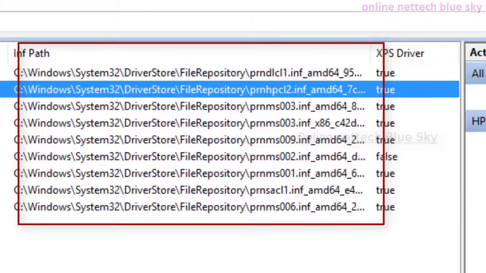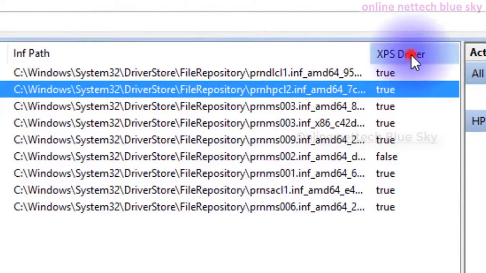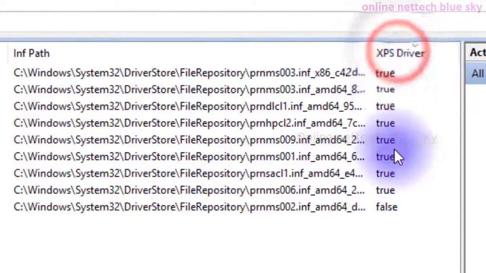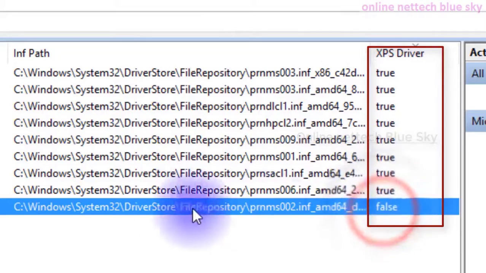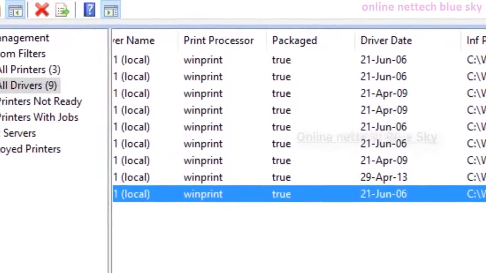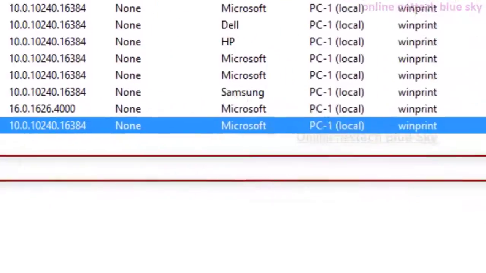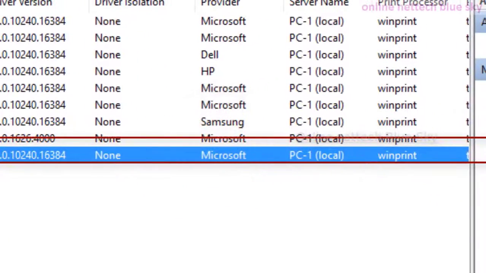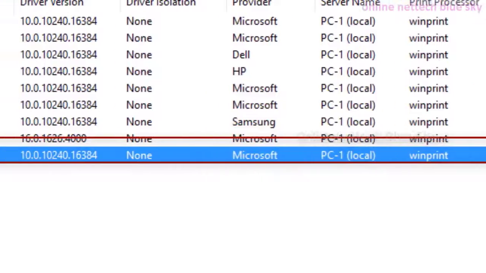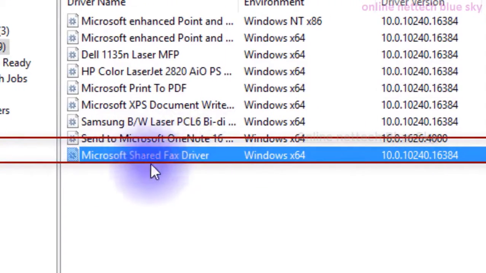So a driver is one type of programming file, and it shows how your system understands your printer and controls these devices. You can see this is a 64-bit system, and all the printers.